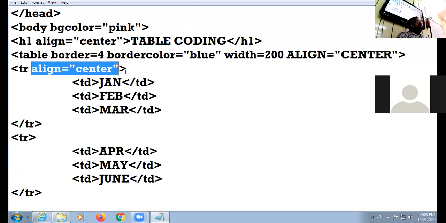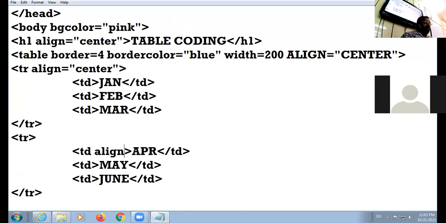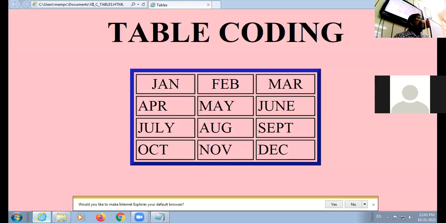Now see what I'm going to do. April cell का जो TD है, I am putting align attribute inside the TD. I am giving the value right. April content जहां पे है उस सेल में I put the align attribute with the value right. Now see the browser view. See what will happen. See where April is going. To the right side of the cell. Right side of the cell.